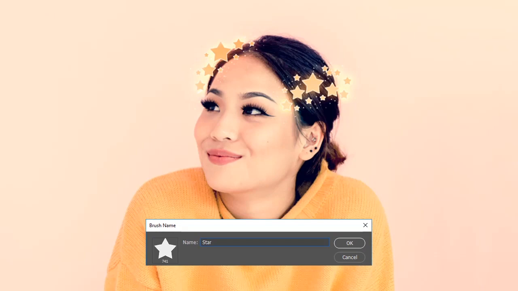Add a cool star effect to your photos with Adobe Photoshop. Let's learn how using a simple custom brush in this quick tip from Envato Tuts Plus. Start with a great selfie. Here, I'll be using this beautiful stock from Envato Elements, but feel free to use your own photos for this